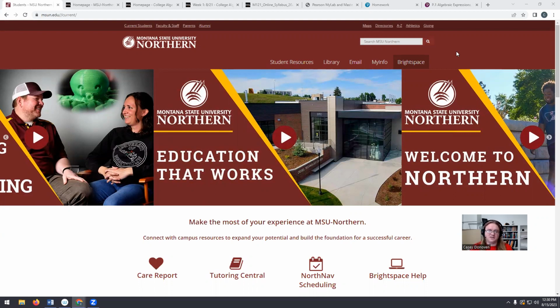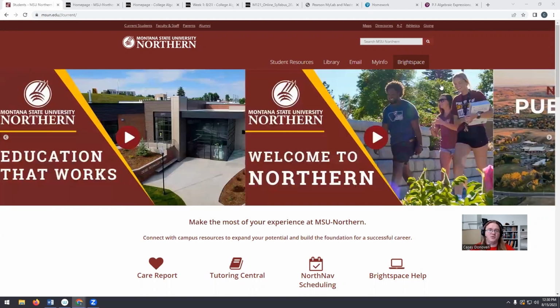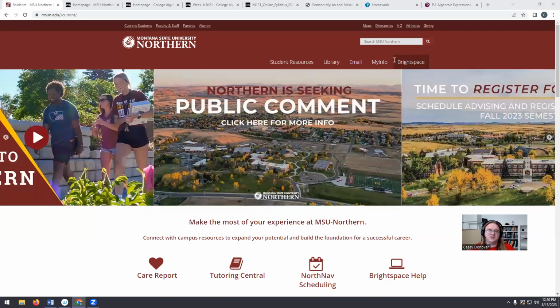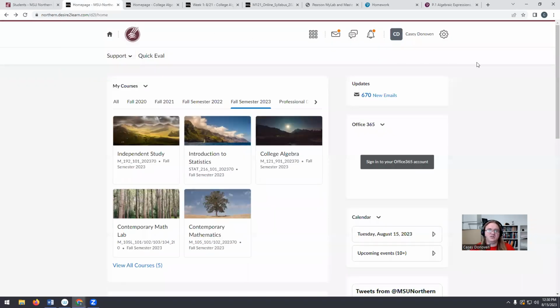So first things first, this course is going to be run through Brightspace, which you can get to on the M121.edu regular homepage. Click on current students and then go to Brightspace. That will take you to the login where you'll log in using your net ID, which is letter, number, letter, number. I think if you're watching this video, you've probably already logged in, but I just want to go through all the steps. And then you'll see your list of classes for fall semester.